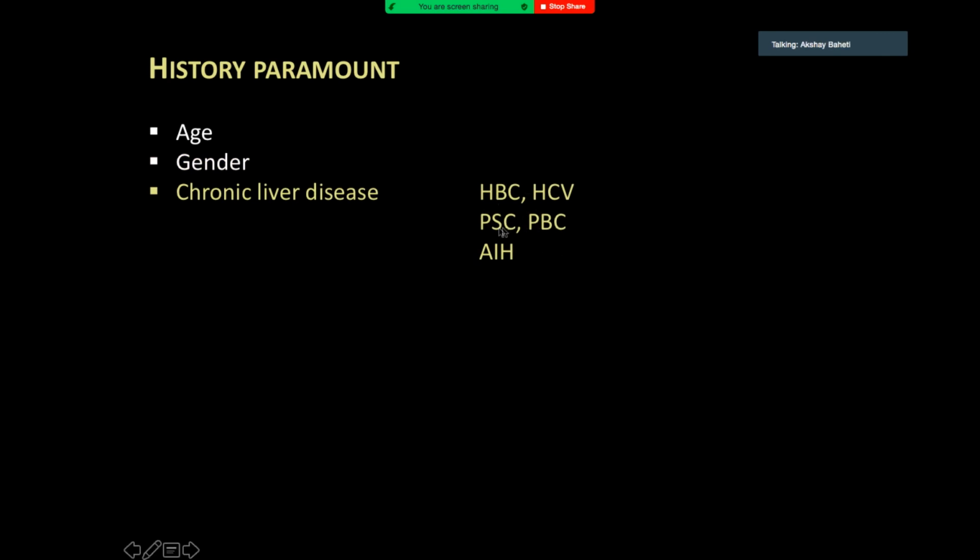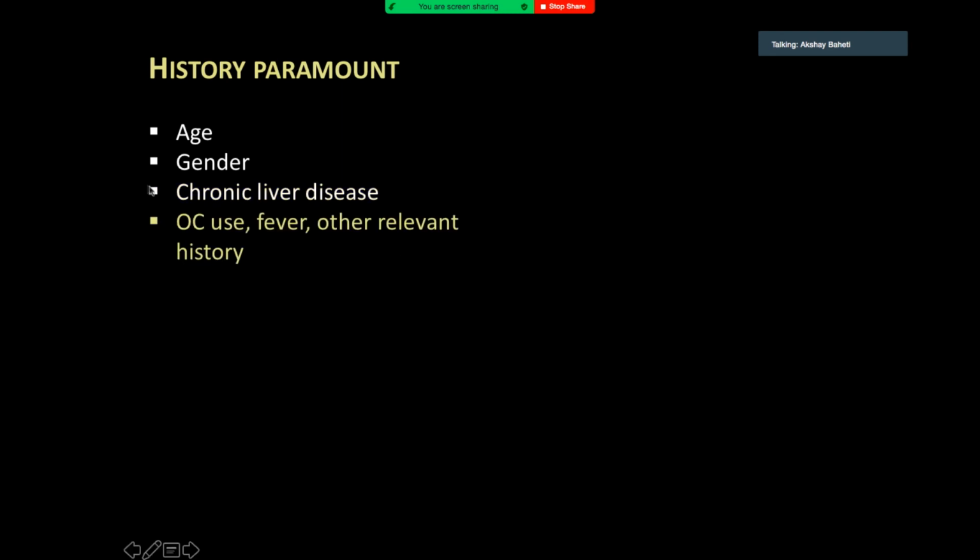I mean, you don't see a lot of PSC here. Outside, you will see a few. But all this history you need to know. The unique history of colonic liver disease, the approach and differentials change. Fever, you need to know. If it's a lady, you need to know about OCPs, if you think of adenomas. And history of malignancy. So these are all histories which you need to know, and you always have to ask for prior imaging, right? So these are all things most of you know and you do follow properly.